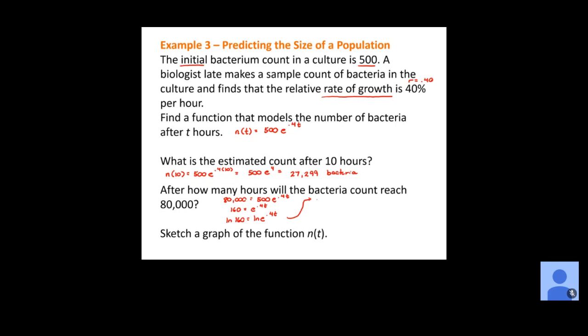Remember, at that point, we have natural log of 160, and our properties of logarithms say if we take natural log of e to some power, we're just going to get the exponent, so that becomes 0.4t. And now we can divide both sides by 0.4, so we have natural log of 160 over 0.4 is equal to t. Again, that would be an exact value, but in general, when we're talking about an amount of time here, you probably would prefer the decimal just so you know about how long it's actually taking. So if we do natural log of 160 divided by 0.4, that tells us that our t value is equal to